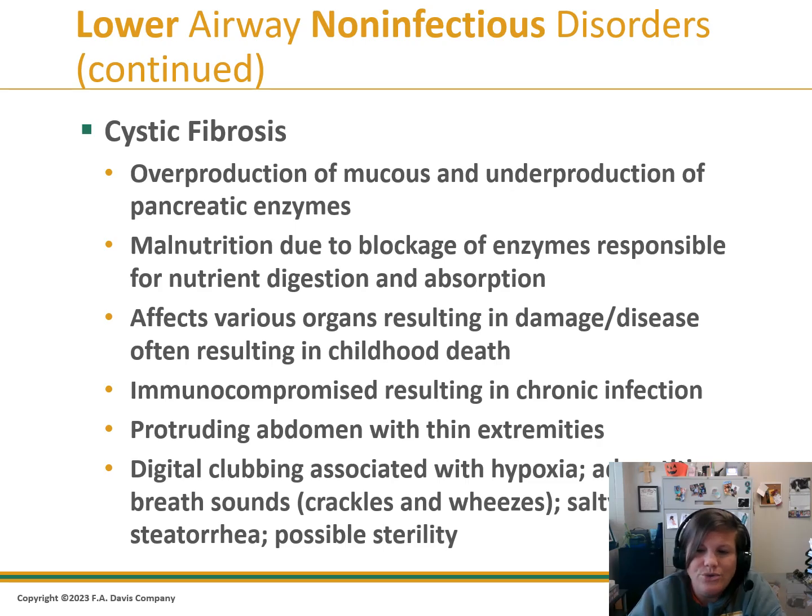These children do tend to stay sick. They experience chronic infections because of their immunocompromised state. They have a similar presentation physically, as we've seen already with several other conditions, where they have the thin extremities but the protruding abdomen. They also can manifest with digital clubbing that's associated with hypoxia, or decreased oxygenation of the tissues,